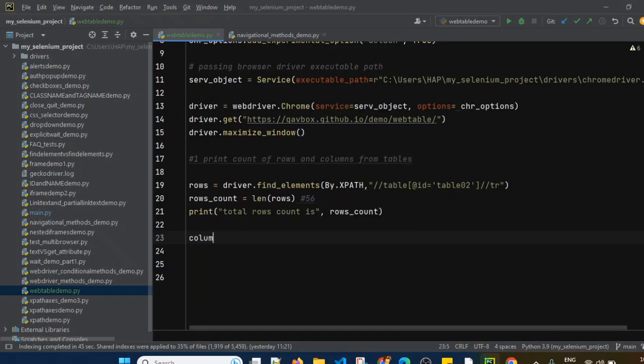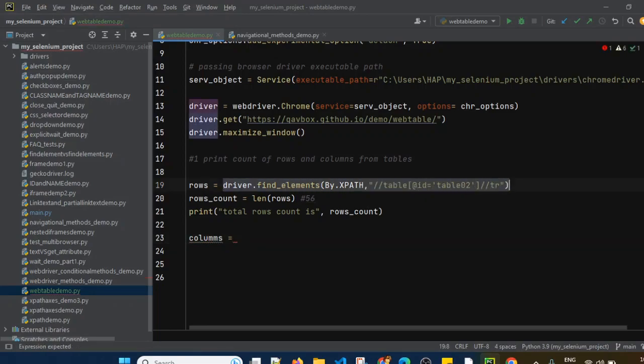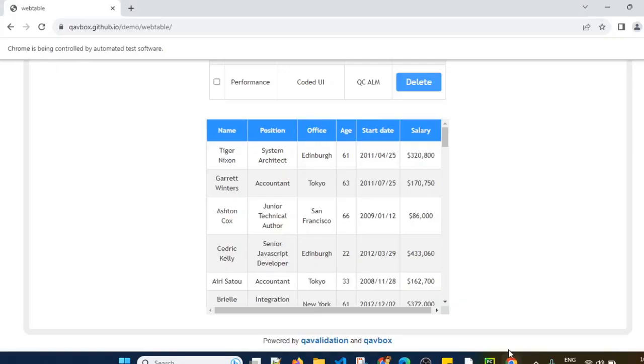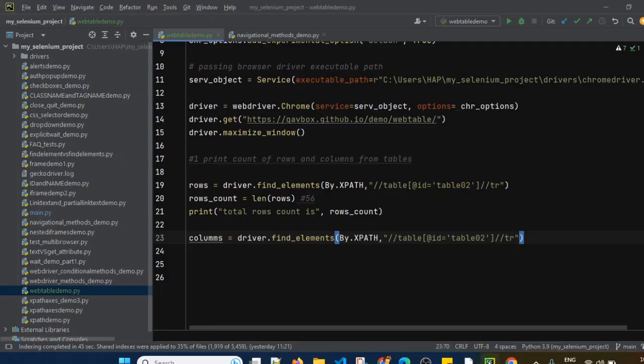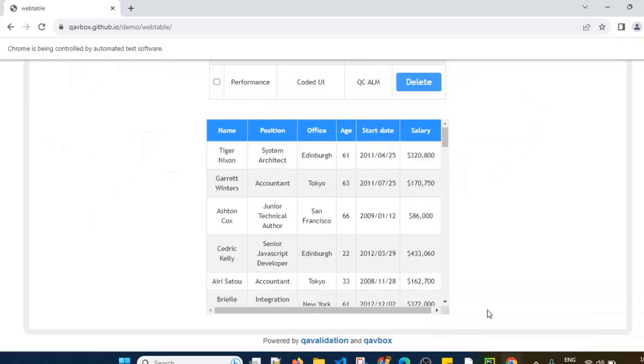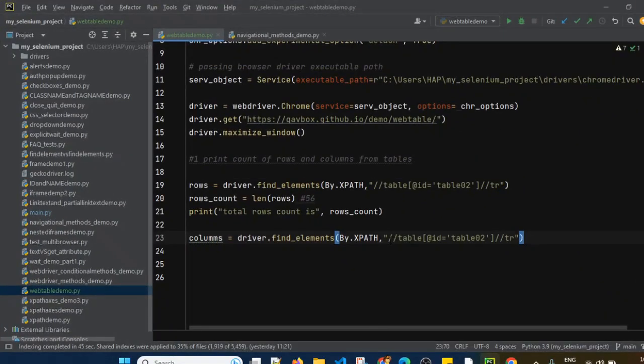So again I will just use columns equals to, I am just copying it, and instead of the row XPath we will simply put the one which we have found for columns, that will find the TH tags. And then we can again use columns_count.